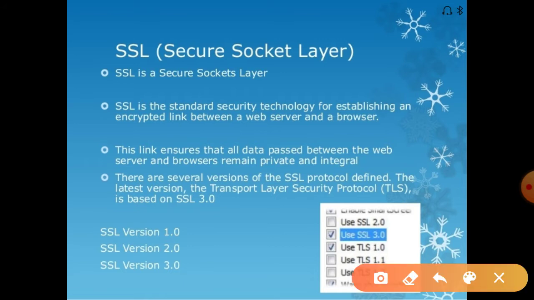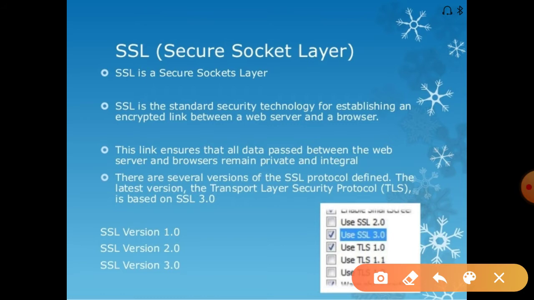This link ensures that all the data passed between web server and web browser remains private and integral. It provides privacy for the communication and for the data transfer between the web server and the web browser.